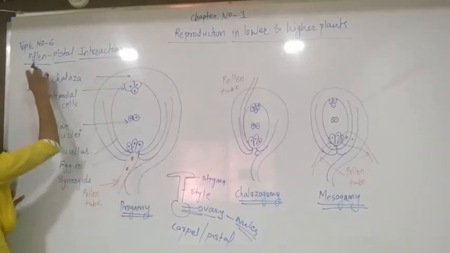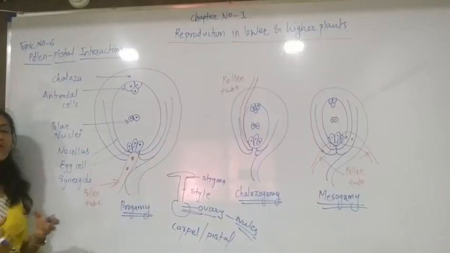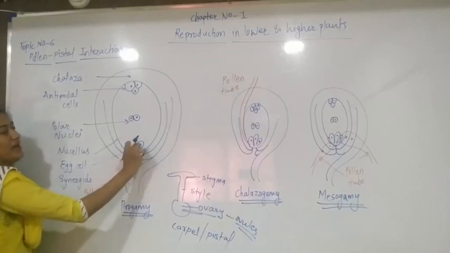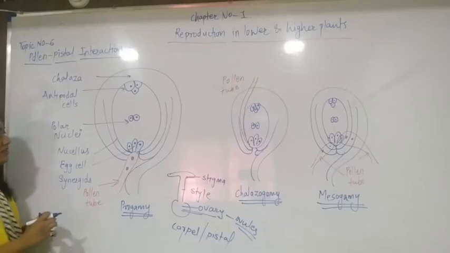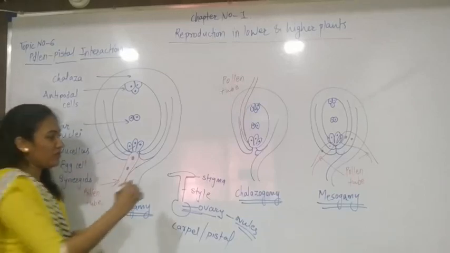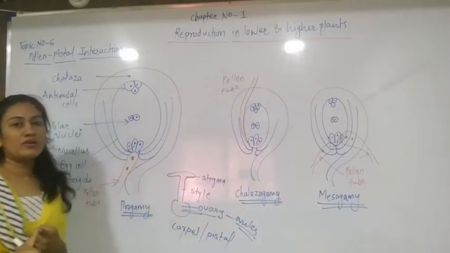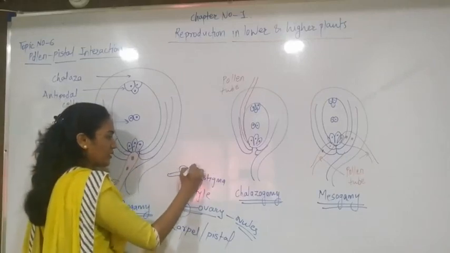Now today's topic is pollen pistil interaction. What is interaction? It means that for the fertilization process, it is necessary that the male gamete and the female gamete fuse together. This interaction takes place with the help of different steps. Here the main step is whenever a pollen grain reaches the stigma. Yesterday we talked about pollination. Pollination is nothing but the attachment of the pollen grain